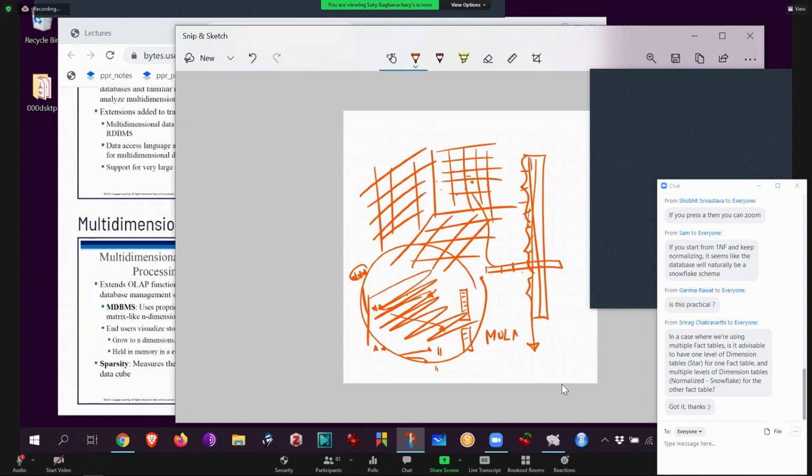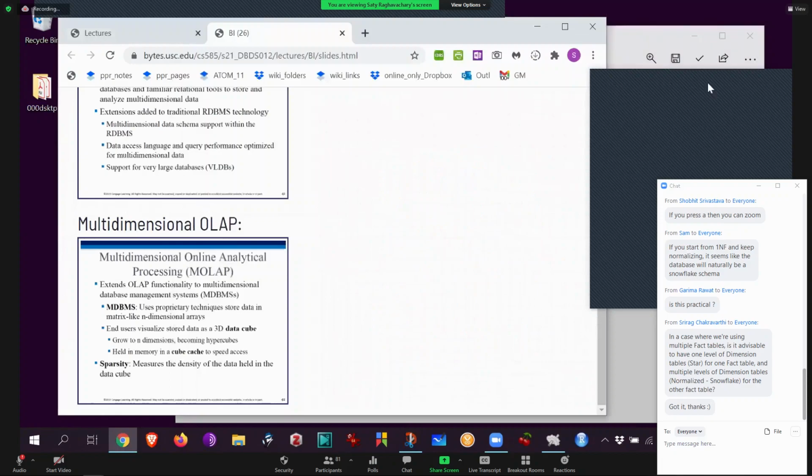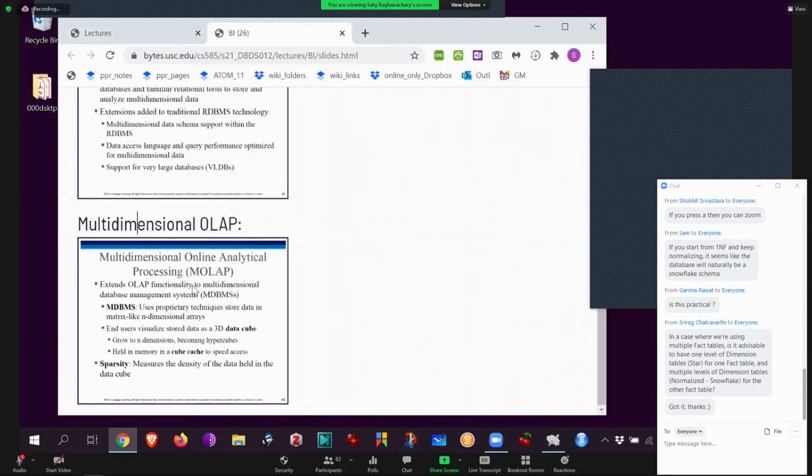That is called MOLAP. So there's a bunch of businesses that do exactly that. These are hardcore Unix, C++ people that say everything else is slower. I don't want SQL. I don't want weird keywords. Just give me raw hardware, a raw operating system. I'll do it myself. That is what MOLAP is. You can again look into that if you're fascinated by it. It says it uses proprietary techniques to store data in matrix-like n-dimensional arrays. So this is where the whole C++ analogy came in. Pointers to pointers to pointers to pointers. Basically a 100-dimensional pointer. You've probably never done that in your life, but it's possible.